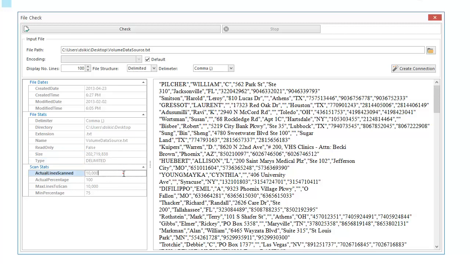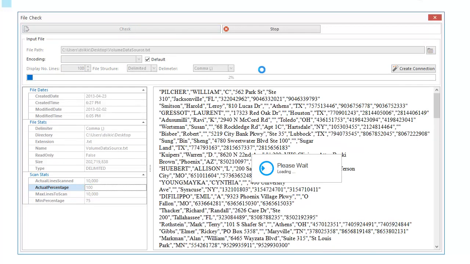It's delimited, and what it's done is it scanned the first 10,000 lines to check for structure, to figure out the delimiter and whatnot, and given the first 10,000 lines, 100% of the file is identical in terms of structure. So now you're saying, okay, well maybe my problems are later than the first 10,000 lines, in which case you would run a complete check, which depending on the size of the file could take some time, but it's usually fairly reasonable. So if we run the check,